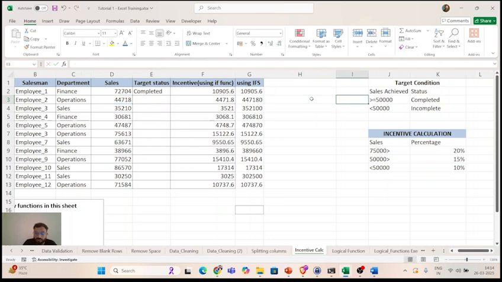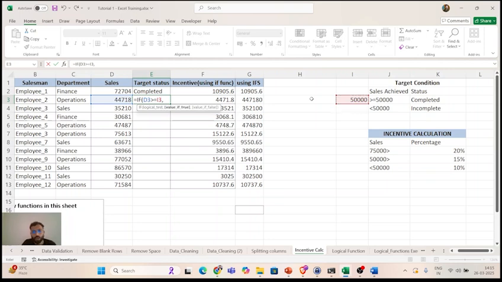Let's say I have written 50,000 here. So the function can be like this. IF, tab, logical test: the sales is greater than or equal to this. So I am not entering the value 50,000, but I am giving the reference of a cell in which 50,000 is stored. I'll tell you why I have done this.